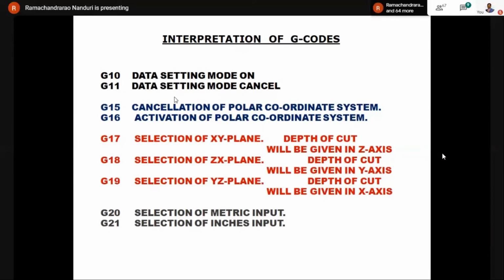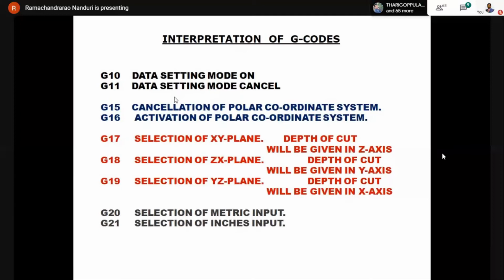If you do not give G20 and it is already existing in the machine, it will not be a problem for us. But if somebody used inches system in the previous operation of the machine, then assuming that we are giving metric inputs, the spindle center will go somewhere else. So in order to confirm that we are not committing any mistake, it is better to give all the default conditions that we assume in the beginning of the program. And I shall show you that in the part programs also.